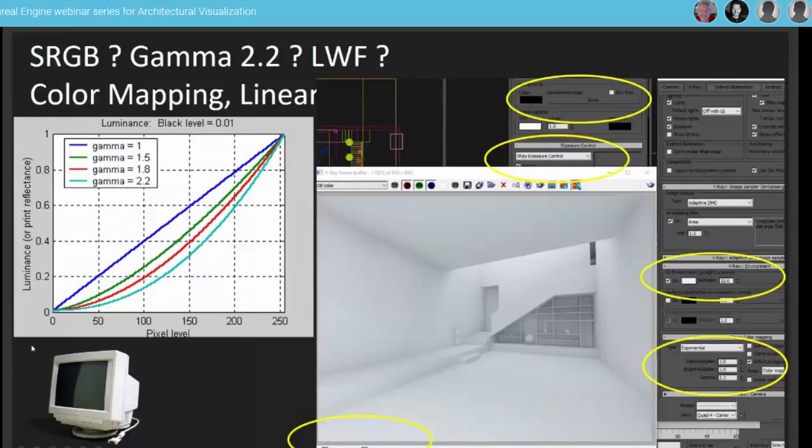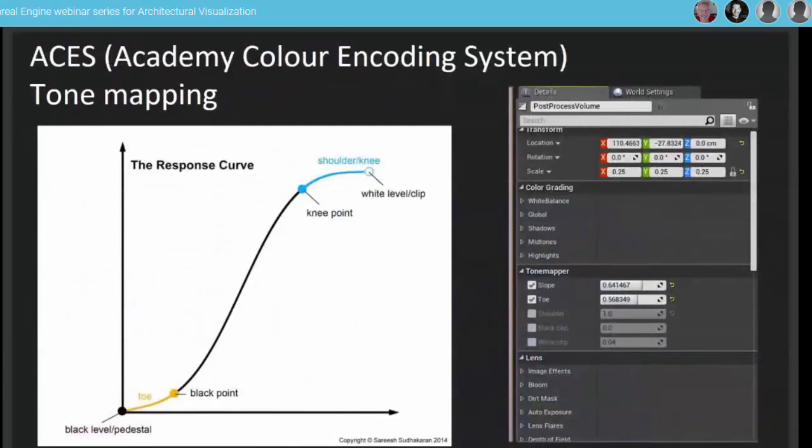But this technology was developed for these guys, the old CRTs, which I haven't seen one of for 10 years maybe. And so we are still using this sRGB technology, and we've got all sorts of different ways to map this high dynamic range of colors onto our 8-bit, effectively 8-bit, end images. So this is the first step, if you want, in the post-processing, where we have this tone mapper,